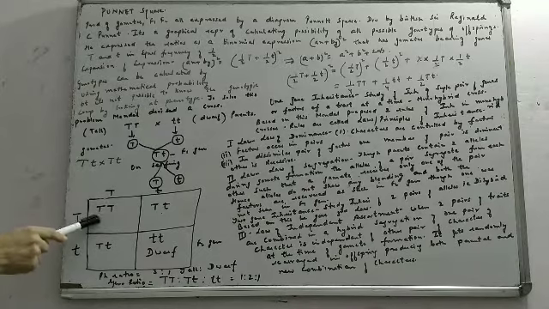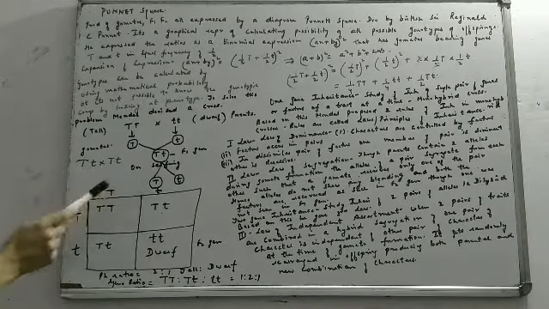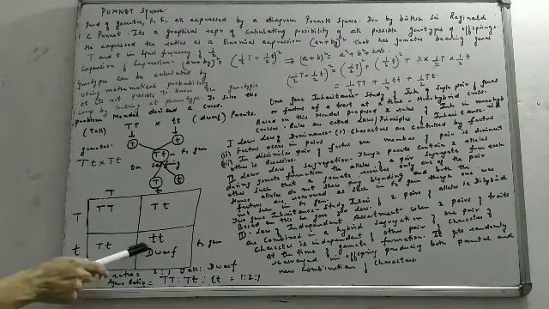TT becomes capital T, T over here becomes capital T small t. This again becomes capital T small t, and this is small t, that is dwarf. This is your F2 generation. F1 was all heterozygous tall, capital T small t. When we talk about the phenotypic ratio of the F2 generation, you can very clearly see that you are getting 3 tall and 1 dwarf.